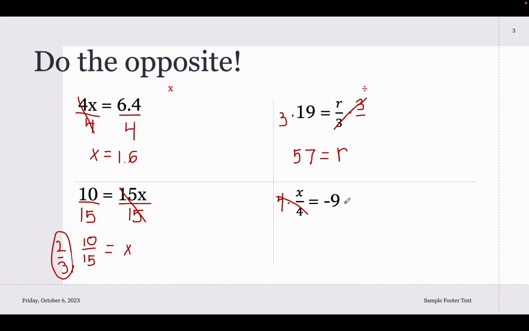If I multiply by 4 on this side, I must multiply by 4 on the other side. -9 times 4 equals -36. And that is it. All right, go ahead and do your